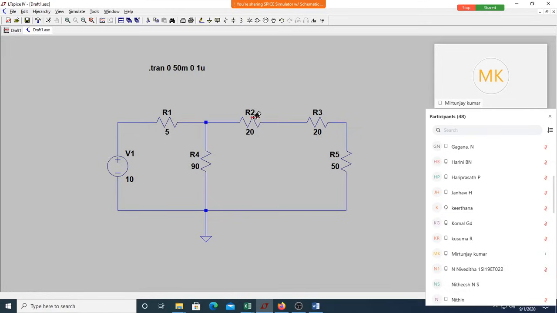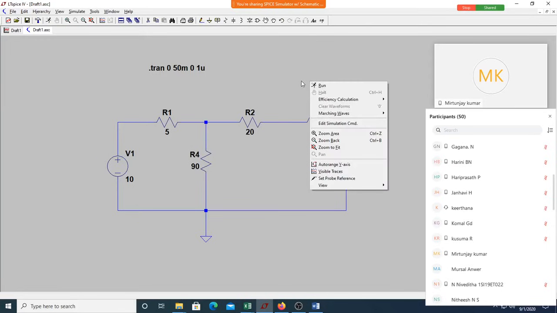Now I will run. When I run, can you see now how the current is showing here? It is now going from right to left. Is it opposite your convention? Yes, sir. Shall I rotate? Yes, sir. Okay, before that, I look for R3 also. It is also from right to left. How about this? It's going from down to up. So let us reverse all these three resistors.